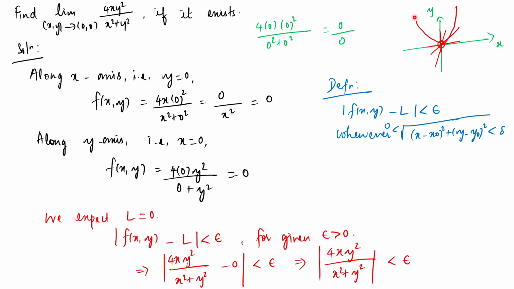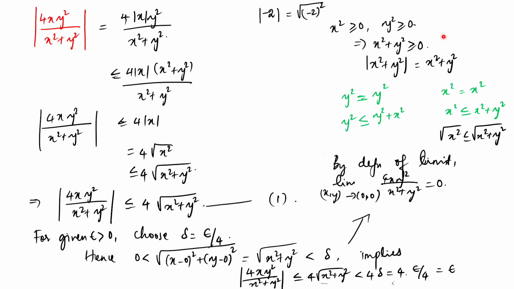If you travel along some other way and you get some value as a limit, then we may come to a conclusion that the function does not possess a limit at that point. If you travel in two different ways and you reach two different places, of course in a domain you will come to a point, but if you look at the function value, that may go to different points. That is what I am repeatedly telling: if in two different ways the function approaches two different values, then we come to a conclusion that the function does not possess a limit. Is that clear?